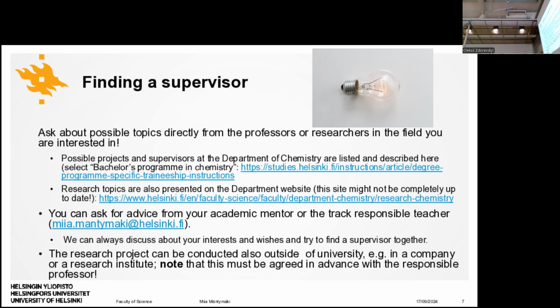In terms of finding a supervisor, there's lots of ways you can find out about the research topics that we host in the Department of Chemistry. So we've got a couple of links here that tell you about the research that we do. We sometimes update this, but it's not updated more than once or twice a year. It lists the potential topics that you could have. And of course, you'll have these slides available to click through in the links in due course.